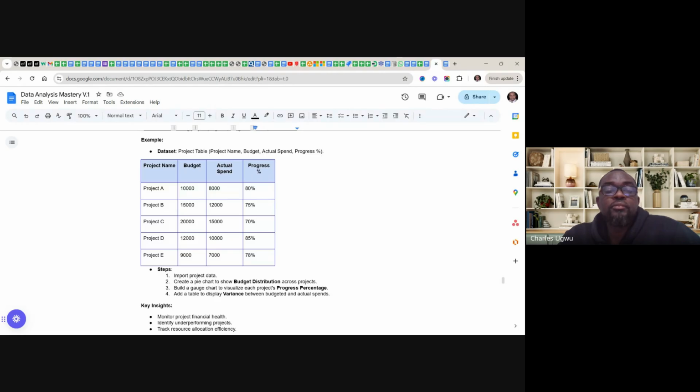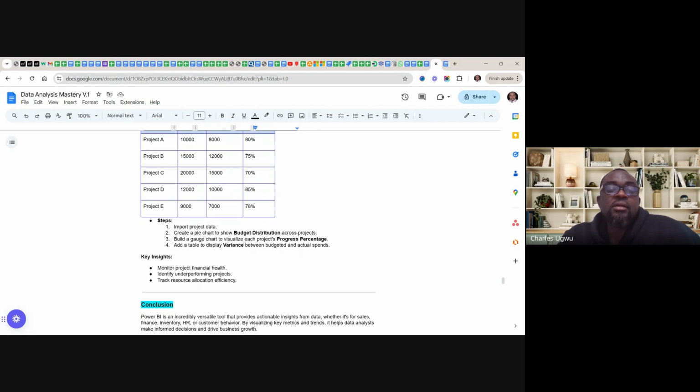So the steps: import project data, create pie charts to show project distribution across projects, build a Gantt chart to visualize each project's progress percentage, add a table to display variance between budgeted and actual spend, and insights: